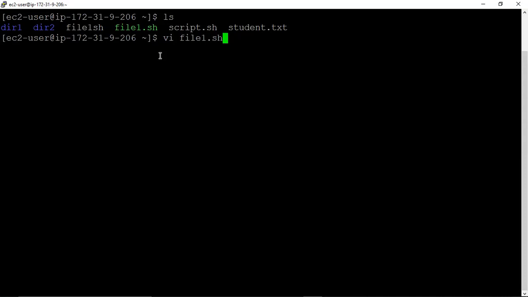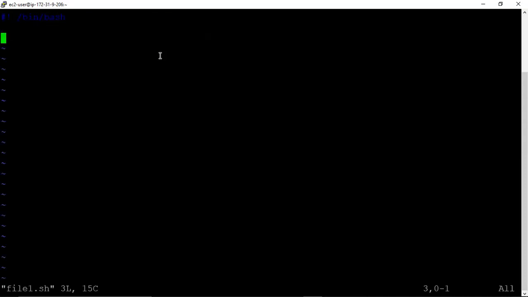this file, file1.sh. As usual, I told you yesterday, the shebang sign should be at the top. Then we have /bin/bash, which is the location of the shell.